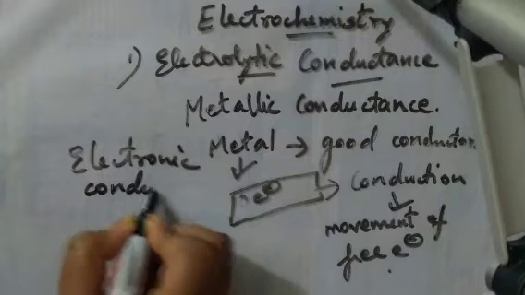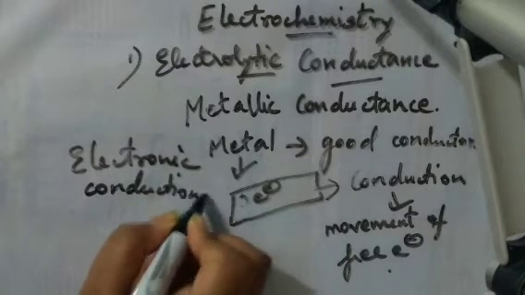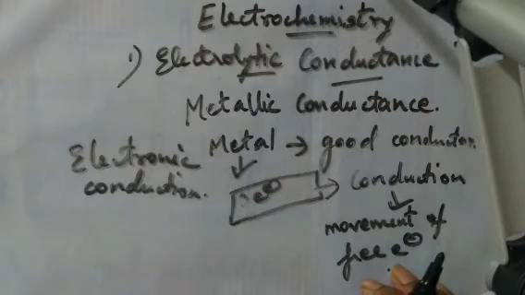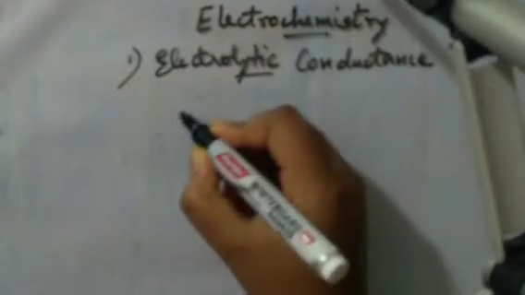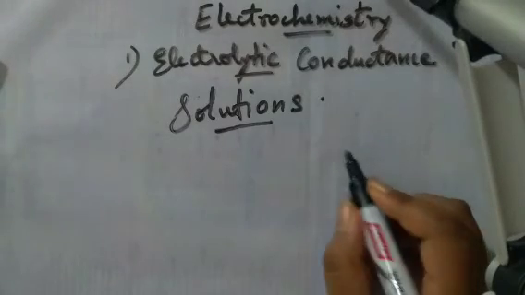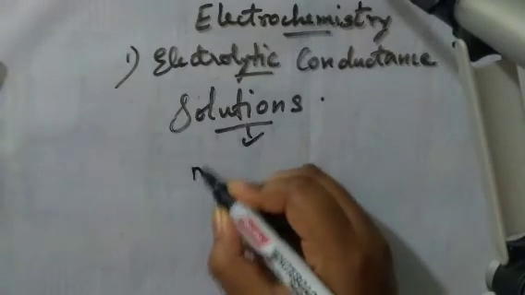So electronic conduction and metallic conduction are the same. Due to the movement of electrons, conduction is happening, so it is called electronic conductance. In metals the conduction is due to movement of electrons. Now we are considering solutions. In a solution, the conduction is due to movement of ions